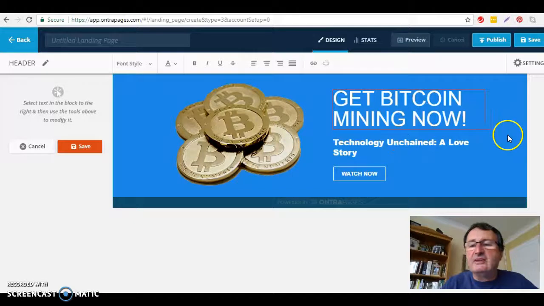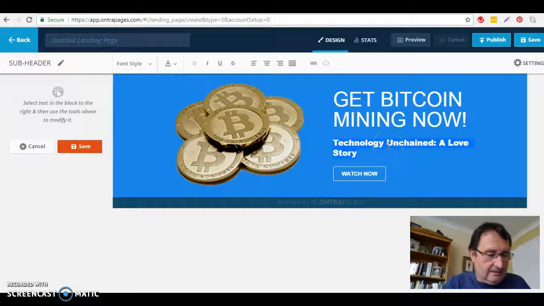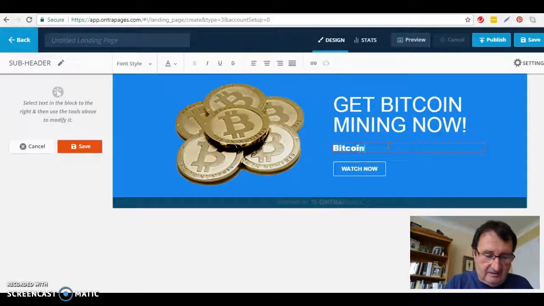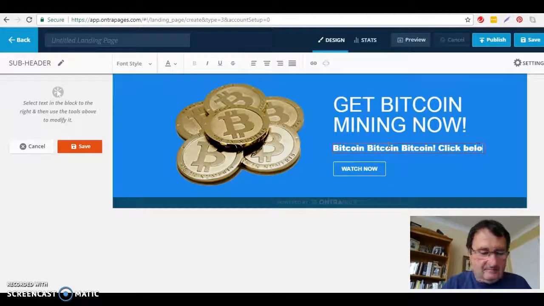So we just move on to the next bit, and we'll edit that part, highlight that, and we can change the text there to whatever you want. So if we put in, I don't know, I'm running out of ideas at the moment, but I would suggest being a bit more imaginative, but